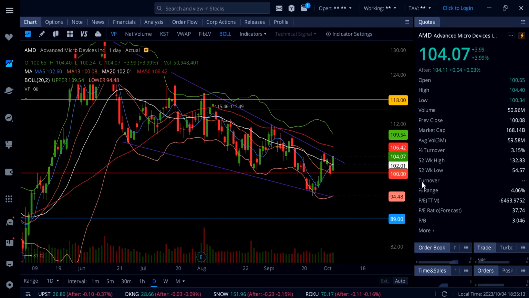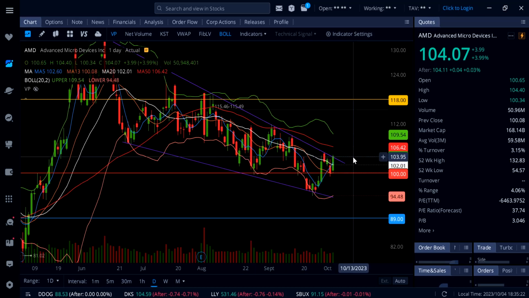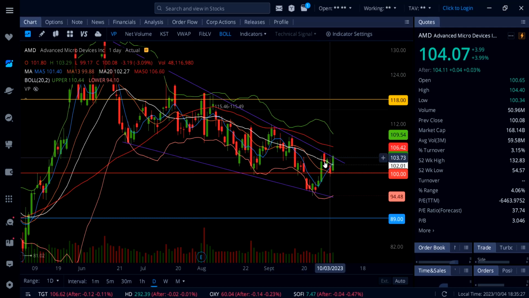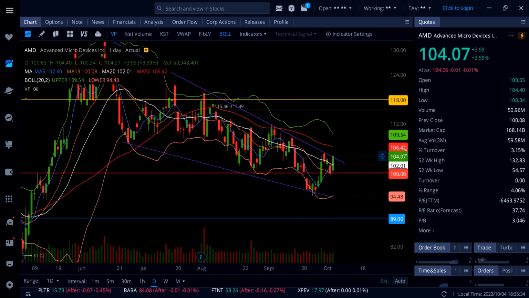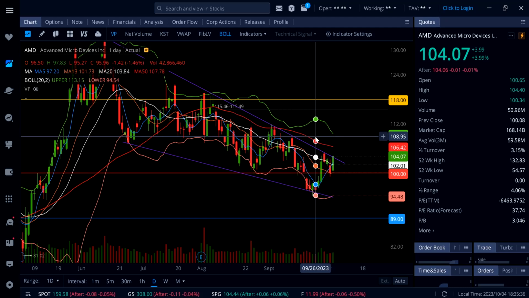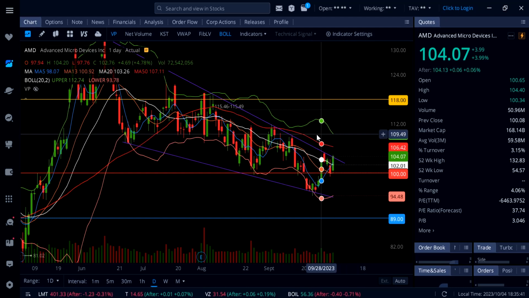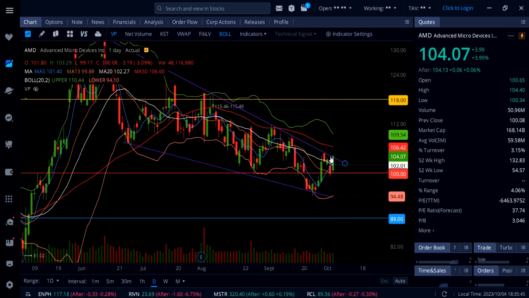On AMD, it's up 4%, and this is the first time I'm looking at it today here on AMD. I didn't know where it was, and it looks like it's getting that breakout. It's holding 104, this downtrend line right here, and looks like it's breaking out. So if 104 can hold, that opens the door to a move all the way up to 106.42 to retest the 50-day moving average right here. And above that, you could see a quick trip up to 110 and possibly even higher to this gap, 115.49. Now if 104 cannot hold,